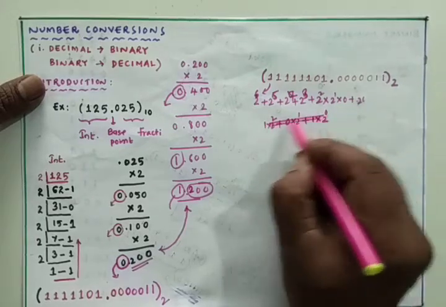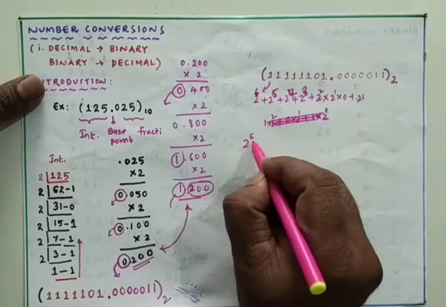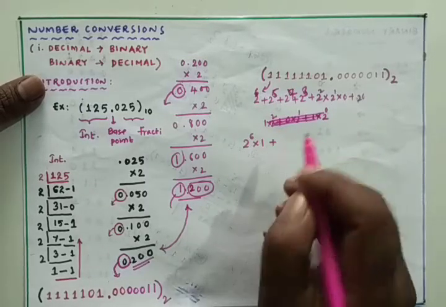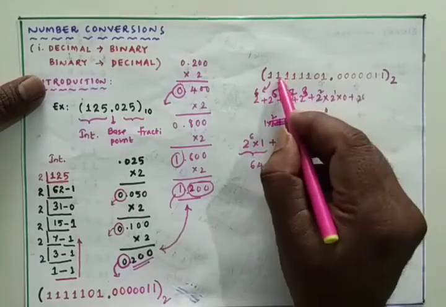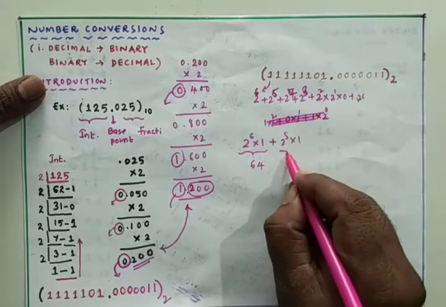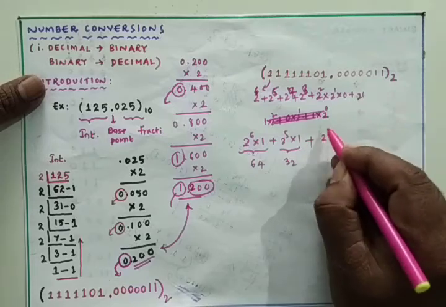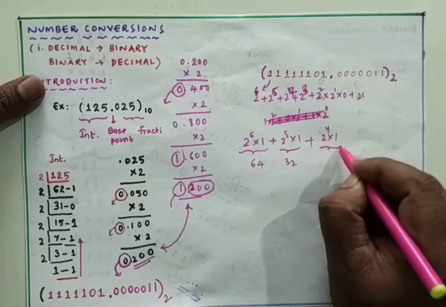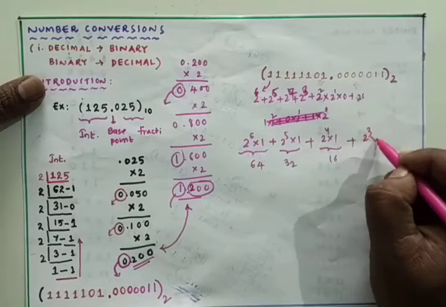This means what? Here, this is what? 2 power of 6 into 1, plus... this is equal to what? It is 64, plus this is what? 2 power of 5 into 1. This is equal to 32, plus next one, this is 2 power of 4 into 1, it is 16, plus this is 2 power of 3 into 1,